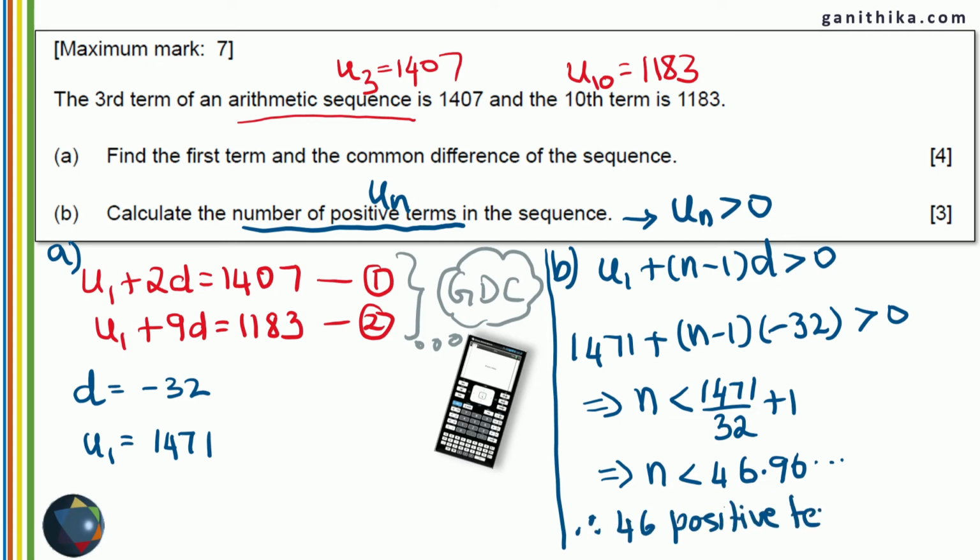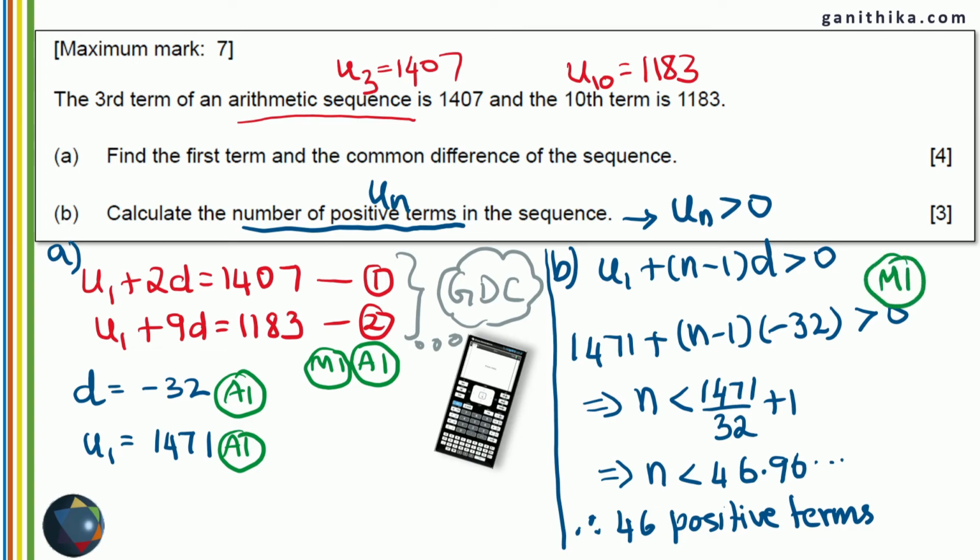Therefore, for n equal to 46, there are positive terms. Going for the marking scheme, M1, A1 for simultaneous equations and solving them. Final answer for d, final answer for u1. So 4 marks for the first question, and for the second question, using the inequality correctly and substituting the values into